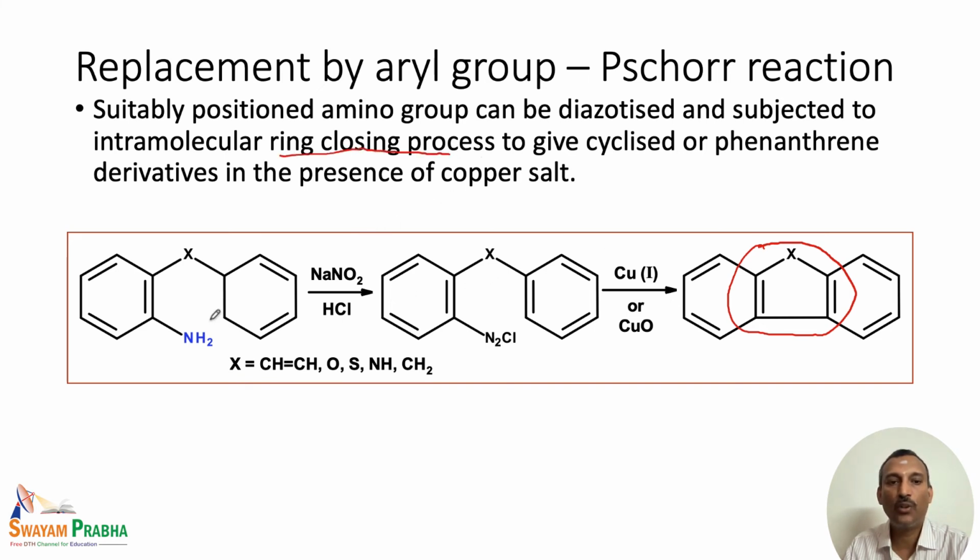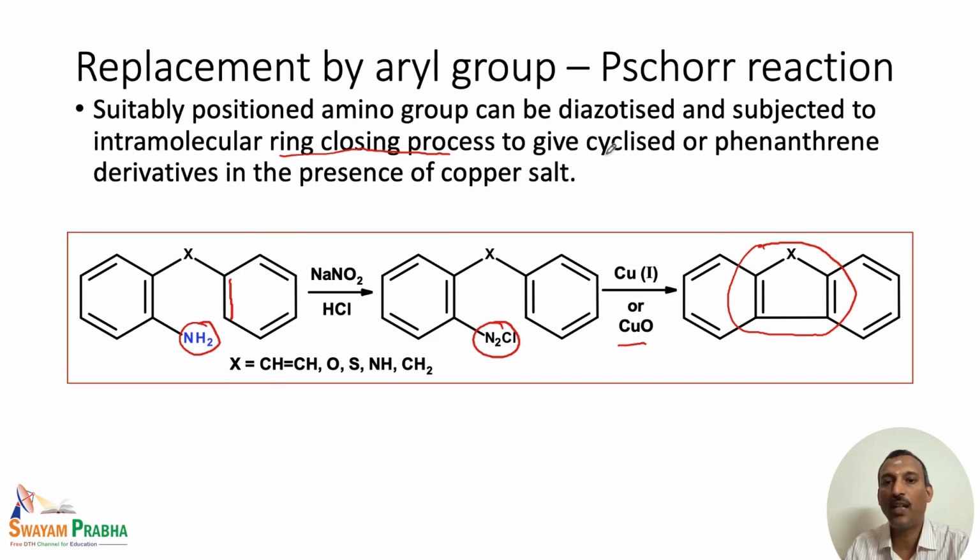We have to start with a suitably positioned amino derivative, and this amino derivative can be converted to the corresponding diazonium salt, and on treatment with copper 1 salt or cuprous oxide this gives basically the phenanthrene type product